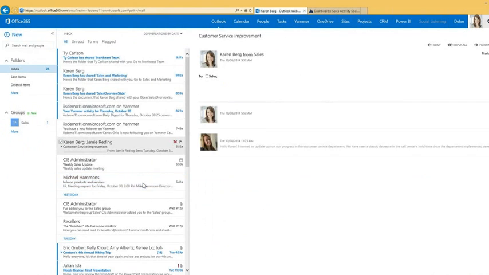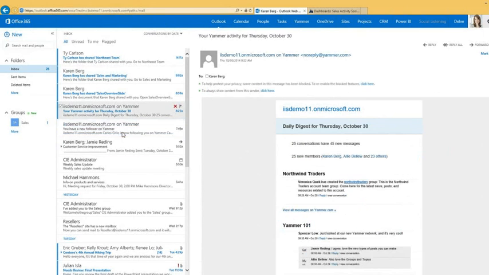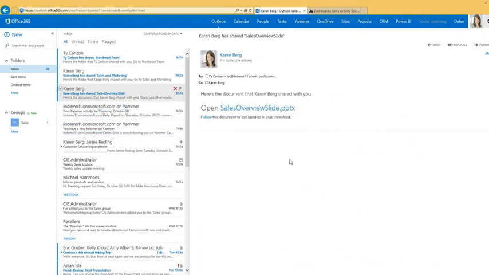Okay? We also, things like if we wanted to, for example, on our SharePoint, we get notifications. So if we include Yammer and enable that, and I follow people and follow information, and people follow me for information, I get those notifications in my inbox. When people share information, for example, like an overview slide,